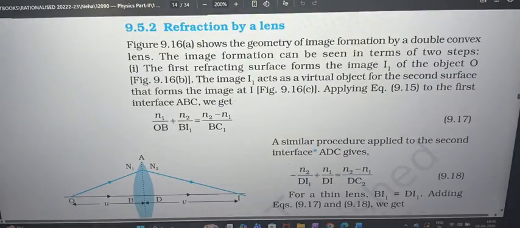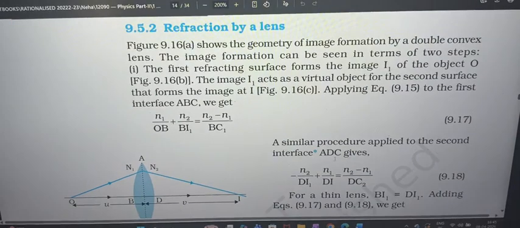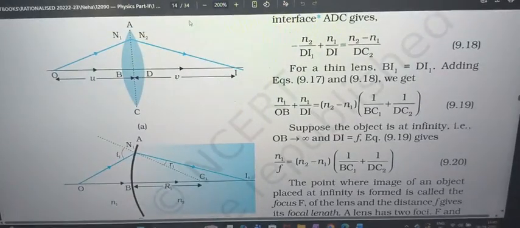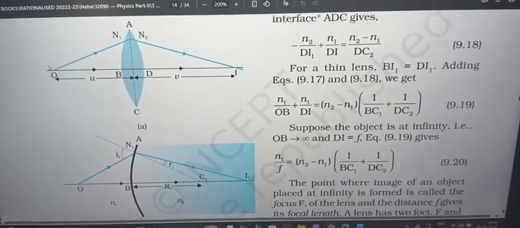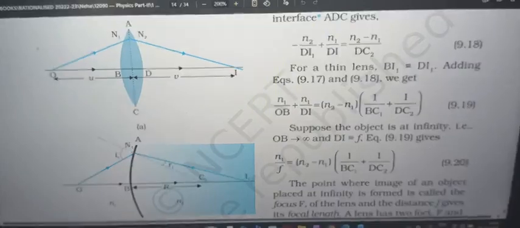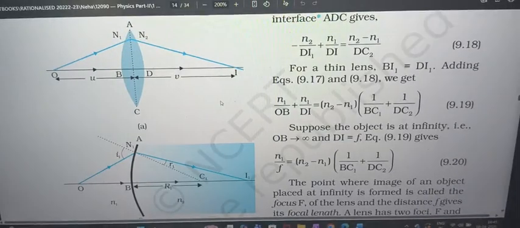Now we have seen refraction through a normal spherical surface. Now let us look at a lens. So how is this happening? Here, this is the general case that is happening, but to derive it we have to break it into two parts. Here the object is there, and here the image is forming. Light is traveling like this, getting refracted through a lens. Previously it was a spherical surface. Now because we already know about the spherical surface, we are breaking it into two spherical surfaces. First is this left hand side, then this right side.